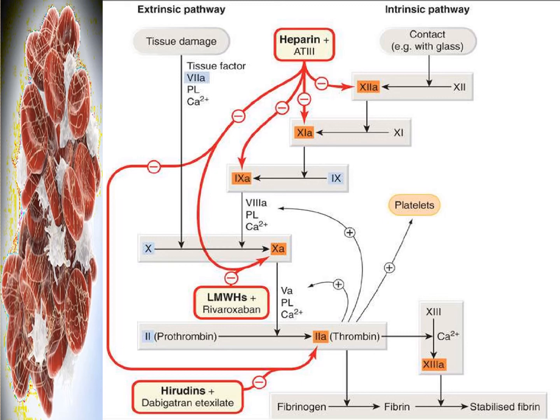Just see in this chart, the 12th factor becomes activated by the contact. Then this activated 12th factor activates the 11th factor, and this 11th factor activates the 9th factor. And this activated 9th factor, in presence of the activated 8th factor, and with the help of calcium and platelet phospholipids, activates the 10th factor. On the other hand,